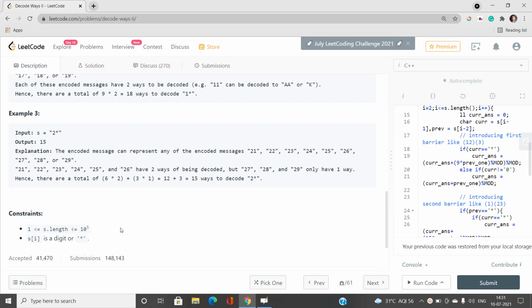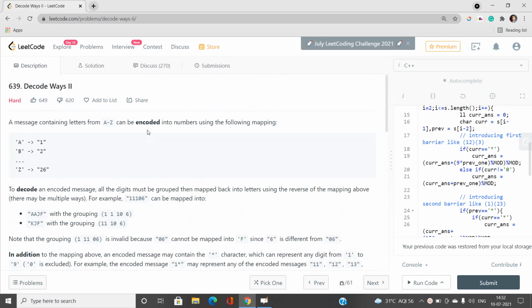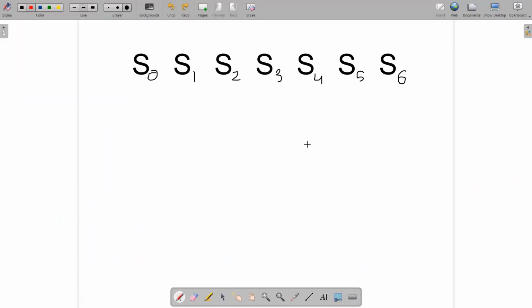So it means that either an O of n solution is good, or you can also consider an O of n log n solution, but I don't think an n log n solution is going to be required over here. We can solve this problem in O of n time using dynamic programming. And how dynamic programming comes into the picture, I'm also going to talk about that. So let's move further to understand this problem with the help of examples, and then together we'll build up the best solution for this problem.